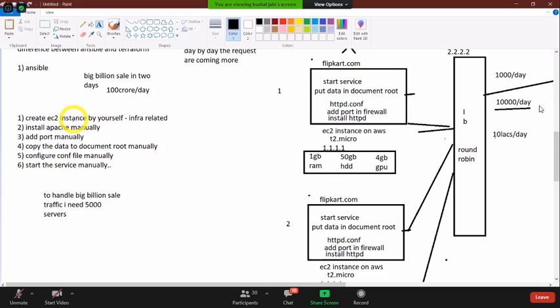And obviously, after the finishing of the big billion sale, I need to remove all the servers. I need to delete them. So you cannot go on AWS and click on each and every server and delete. You cannot do that manually. For that, you need a very high human resource, and for every human resource, you need to pay. So there will be a very high human resource cost. Okay, so I don't want these types of solutions. So for that, what I have,